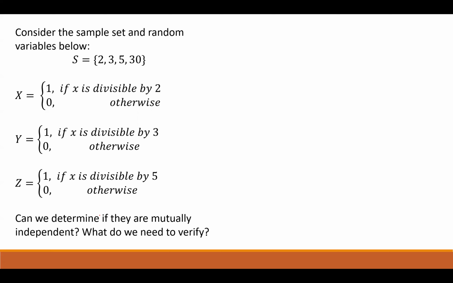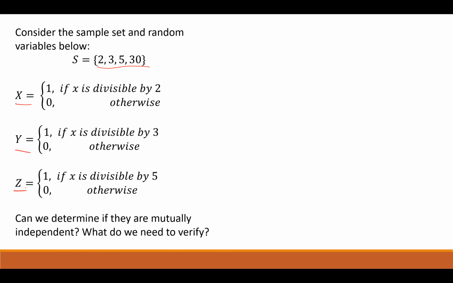This is not the longest chapter in this subject. So if I have a set S, that's my sample space, and I pick one of those outcomes uniformly at random, so each of them has an equal probability of being selected, and then I define 3 random variables on this